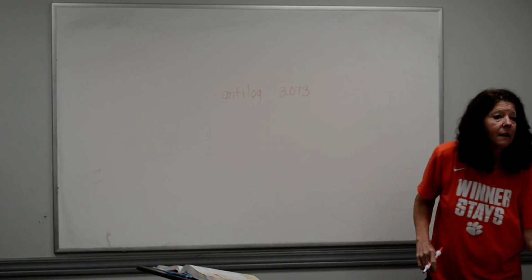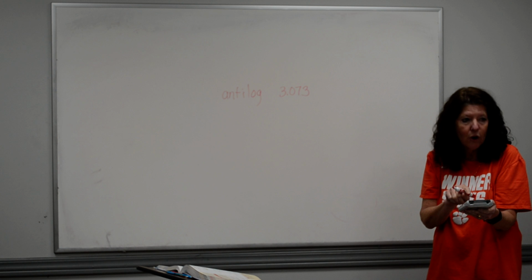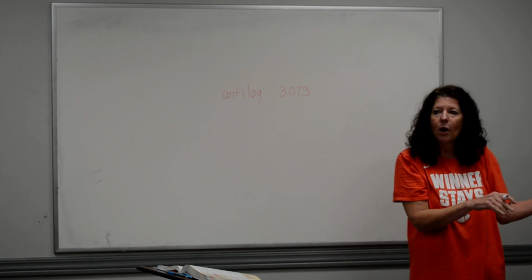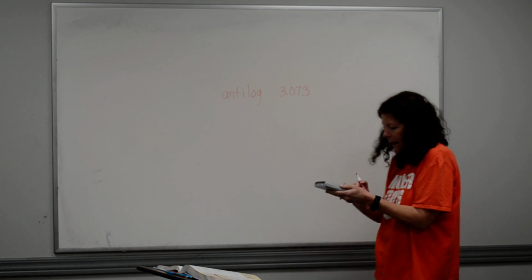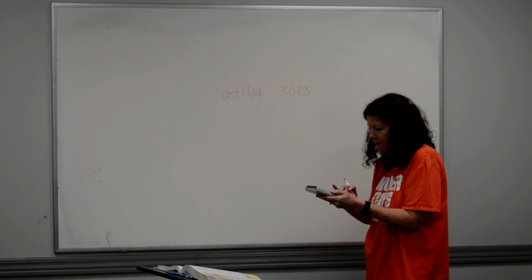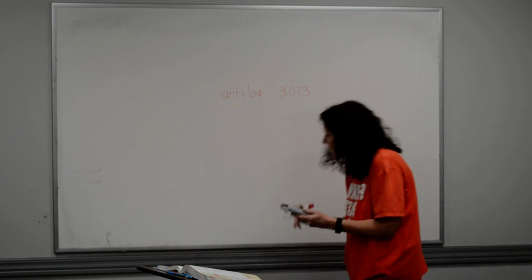Again, all it is is calculator use. The anti-log is the inverse of the log. So I go second, I hit the log button, and I enter 3.073, and I hit enter,